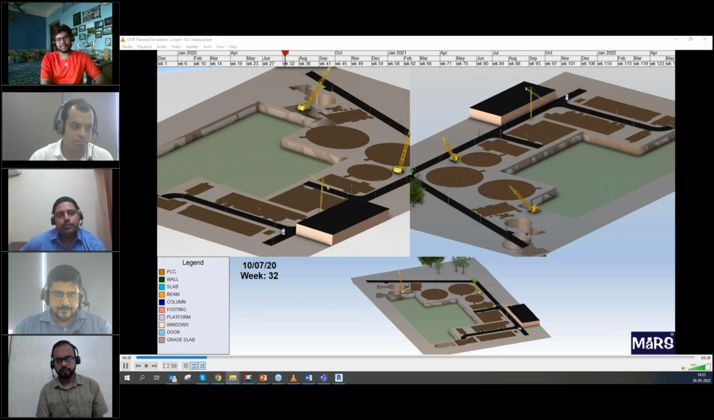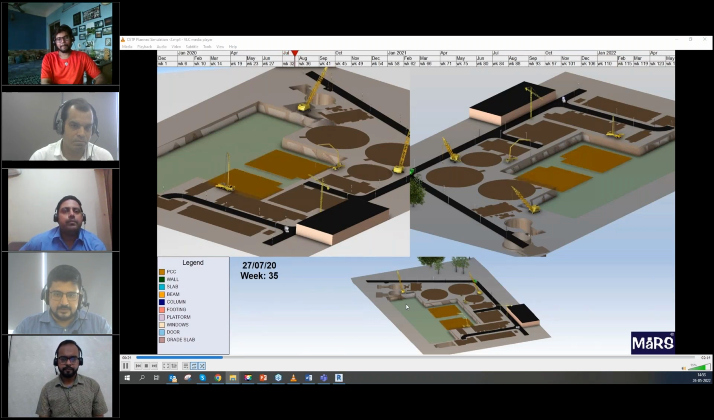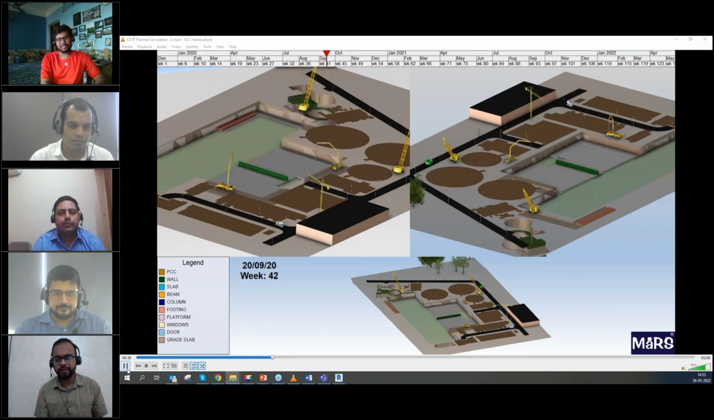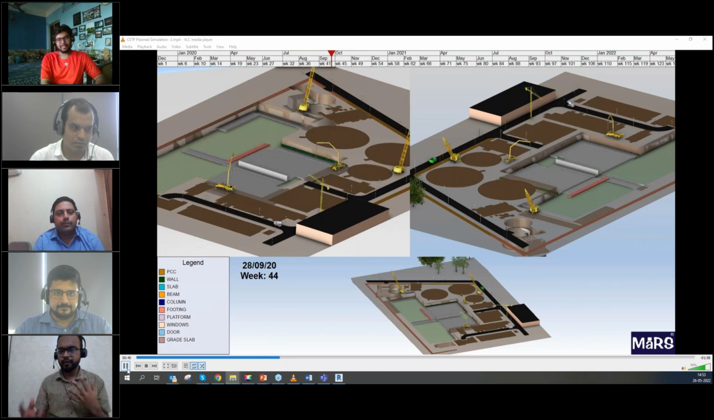Okay. A similar process we have adopted for this, and the construction is being done by one of the largest contractors in India. Okay, I guess we will talk a little bit more about this project. I'm assuming that this is the water treatment plant project. But before that,